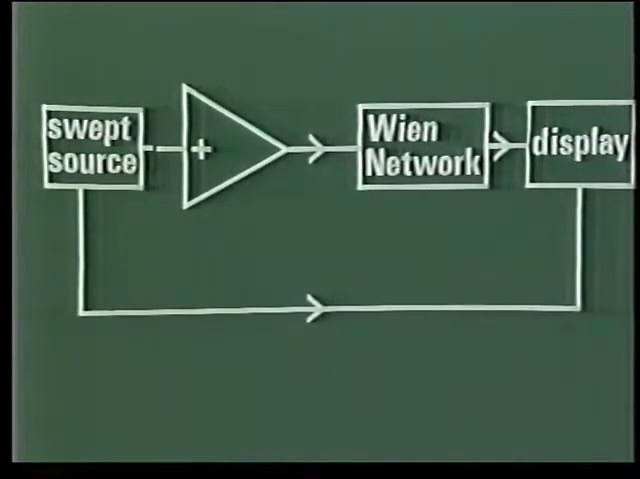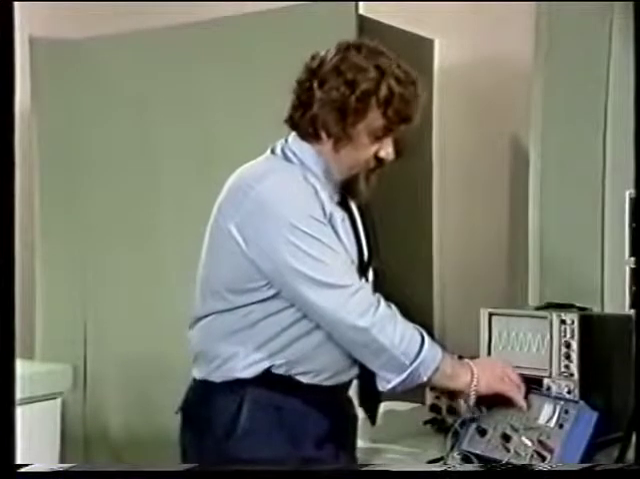As it sweeps from low to high frequencies, it also produces a voltage proportional to frequency, which is used to provide the X deflection of the display. The Y deflection can be set either to show the modulus of the loop gain or the phase change around the loop. Okay, so I'll just open up the loop again,